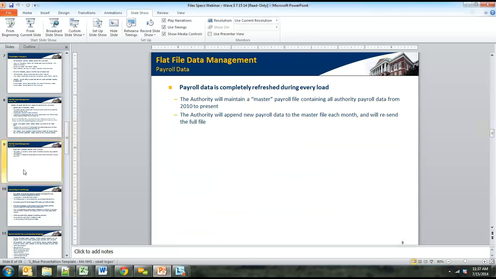Jumping into payroll data. Payroll data is managed from a procedural perspective a bit differently than the payments data. The payroll data is not incrementally loaded. Well, not really incrementally loaded. The way the payroll data works is there has been a bit of sensitivity over the last year working with authorities to maintain internal identifiers for employee data. So what we ask is that the authorities actually manage a master file of all of their payroll data internally